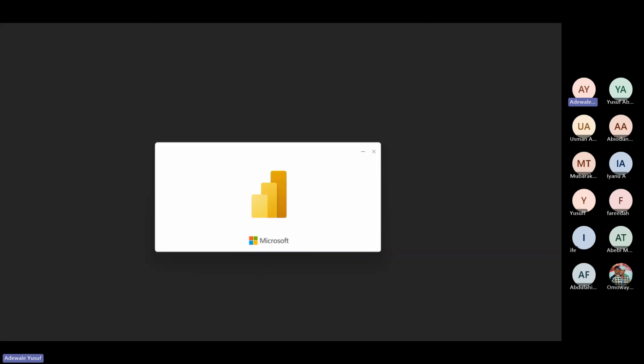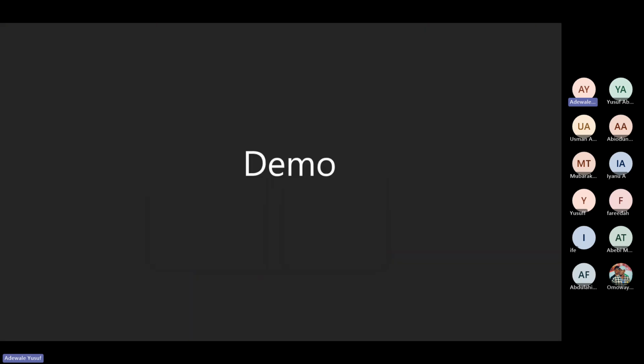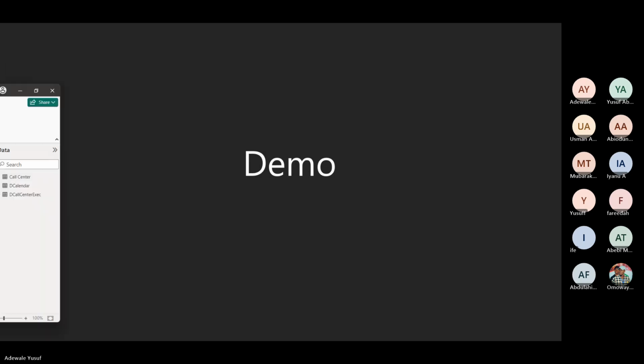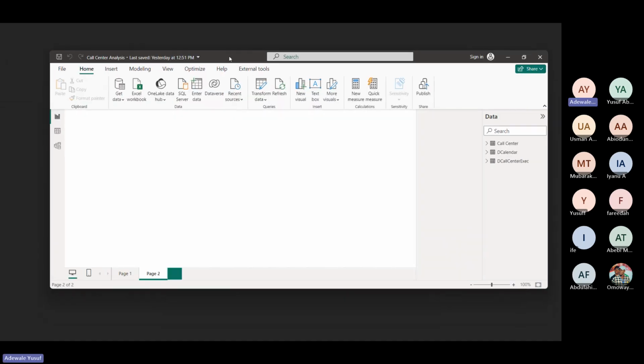Once it's open, I'll build one visual in Power BI so you see how it's being done. Right, so this is the Power BI interface.